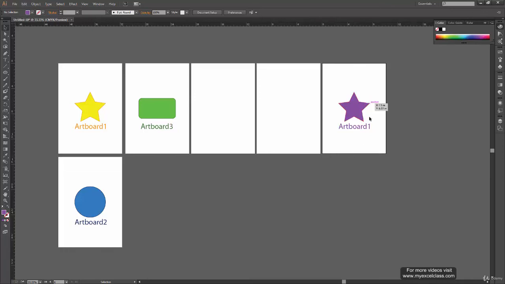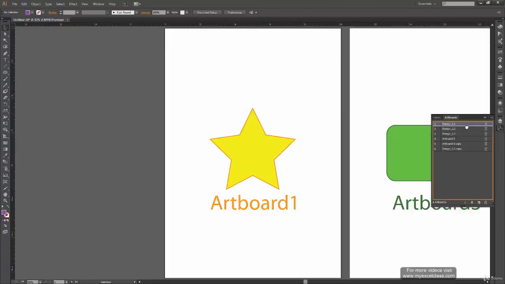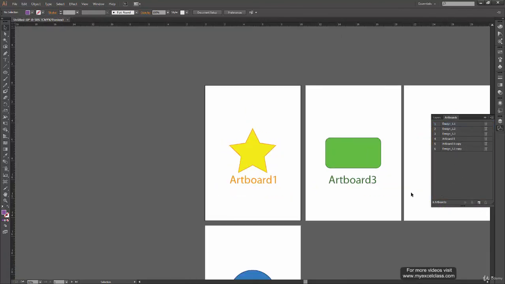So it's a good idea if I want to duplicate a design entirely along with the artboard and I want to make some modifications. So you can do that. Select any of the artboards, or either you can go over here and click on duplicate artboard, or you can just drag it and drop it on the new artboard icon. And in the same way, you can rearrange your artboards also.